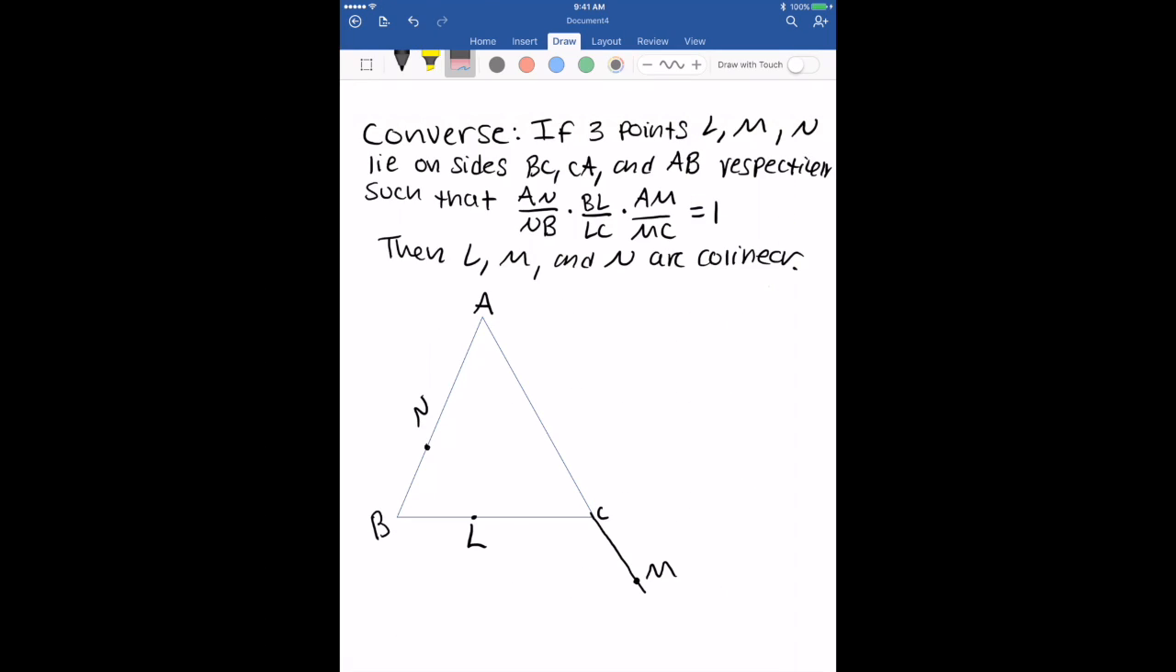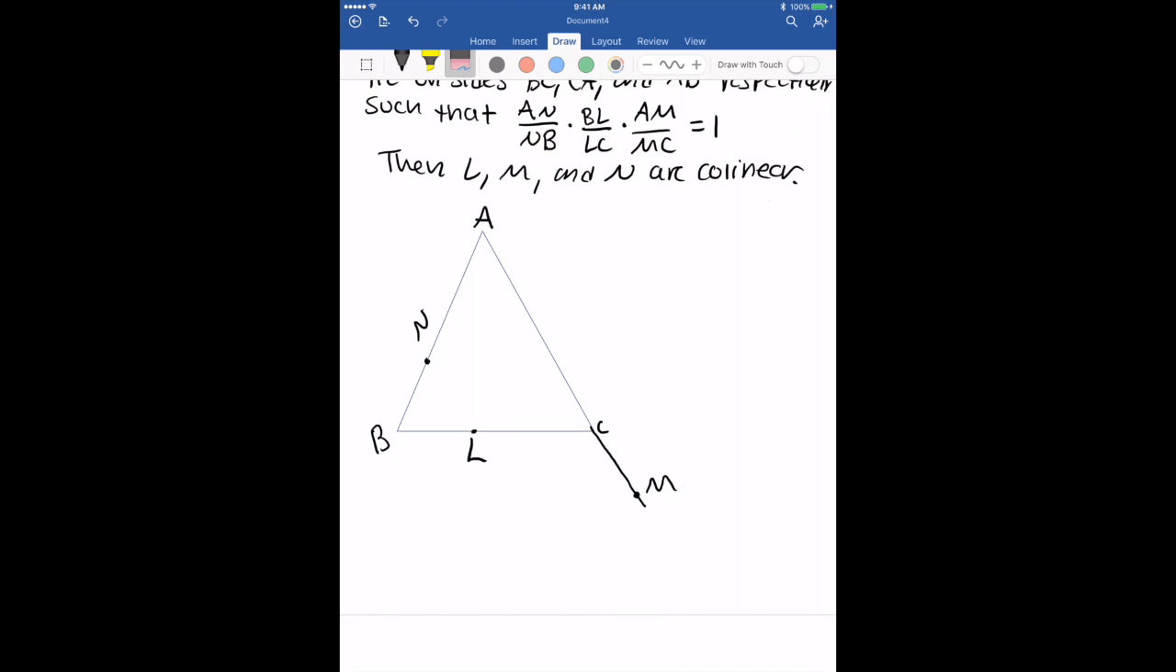We are now going to go over the converse of the proof. If 3 points L, M, and N lie on sides BC, CA, and AB respectively, such that AN over NB times BL over LC times AM over MC is equal to 1, then points L, M, and N are all collinear. We can do this by plotting a point N prime,